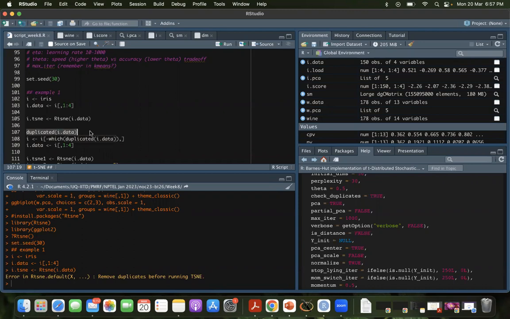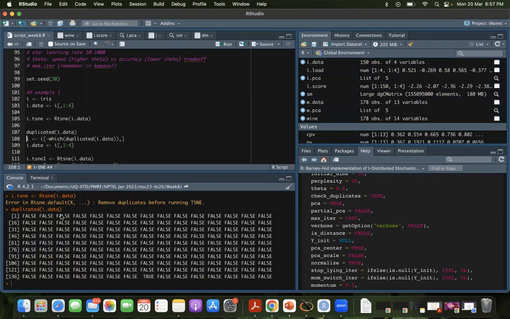So you can take a look at this command here: duplicated, and you give it your data frame. If I run this, it compares every row with every other row and shows which of these rows are duplicates. You can see here, everything else was false except this one. Now let's say I want to find the row number, so I can trace back. What I do is enclose it within